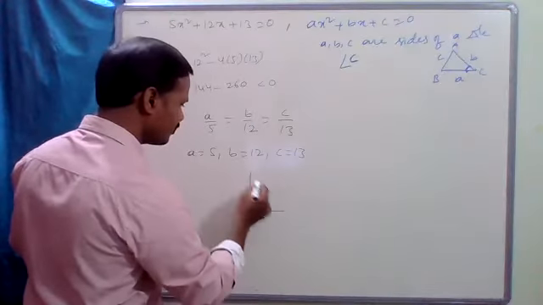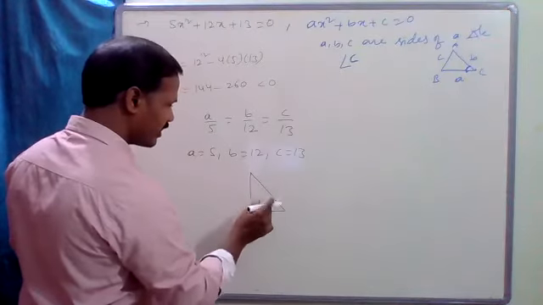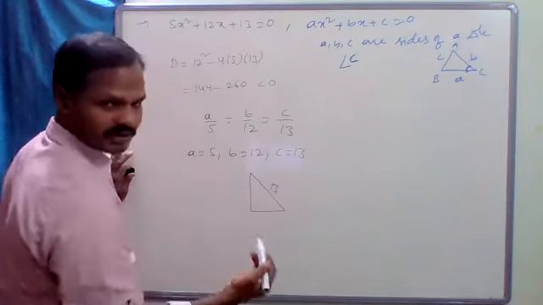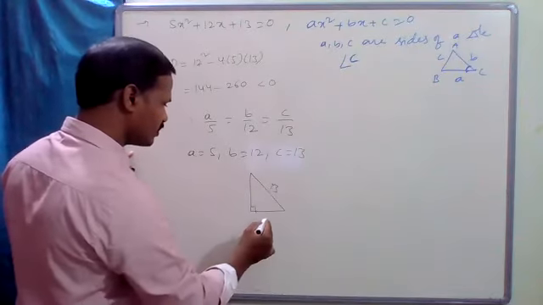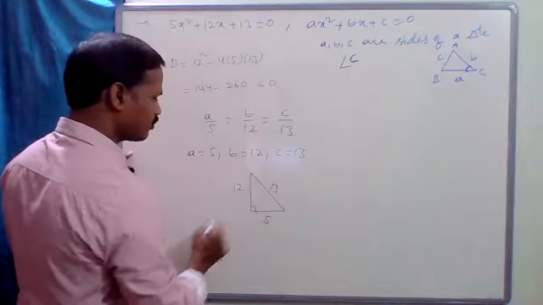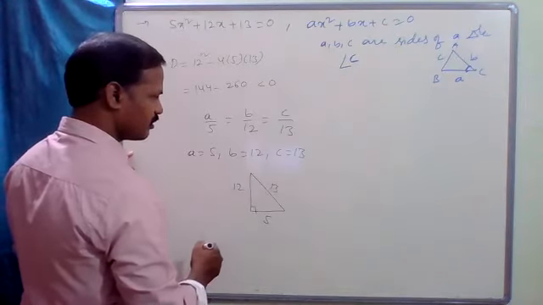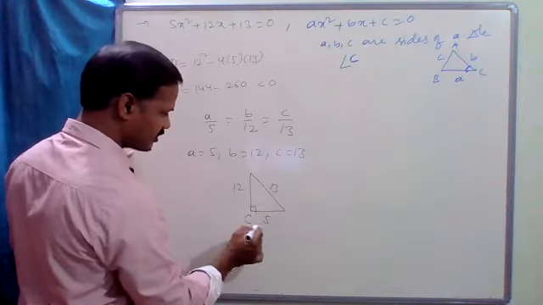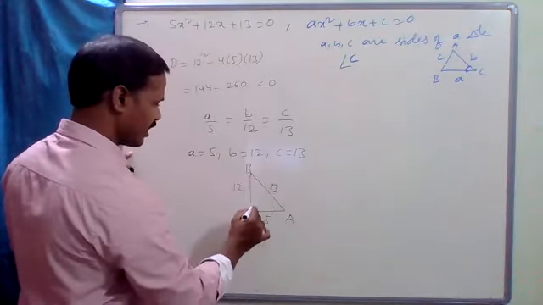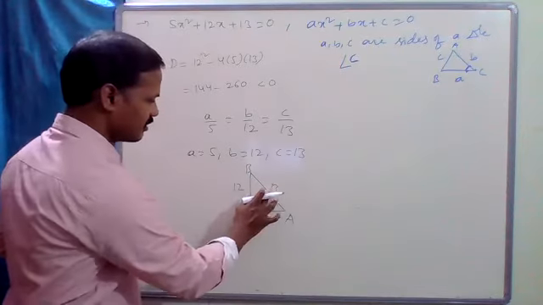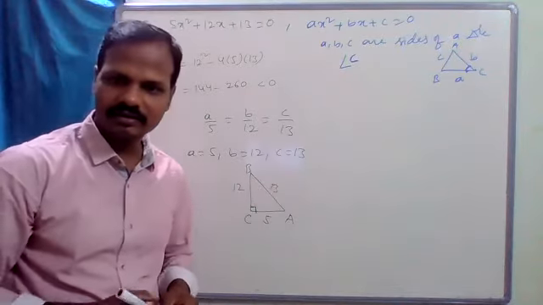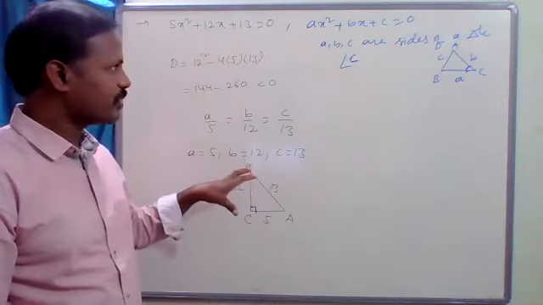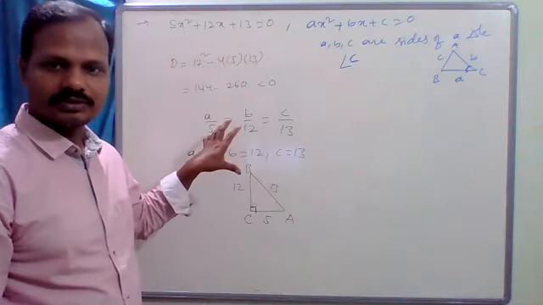Okay? So the right angle, see here, this one is 13. The hypotenuse is 13. And what about the other two sides? One of them is 5, another one is 12. Clear? So this is C. The opposite angle is C. So the angle is 90 degrees. That's all. Okay? Is it clear? So it's a very simple problem if you know the fundamentals, if you know the concept.